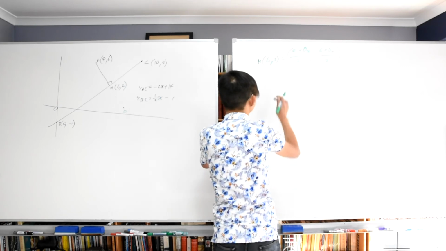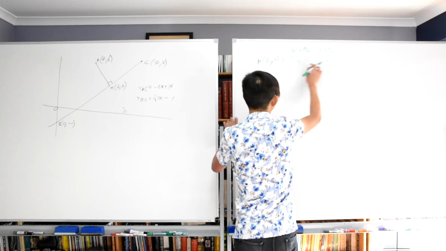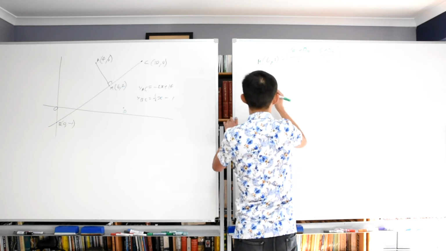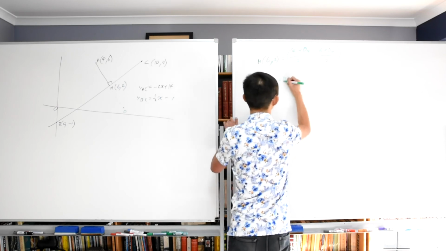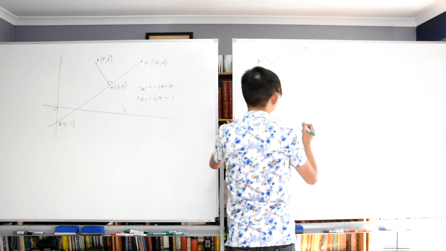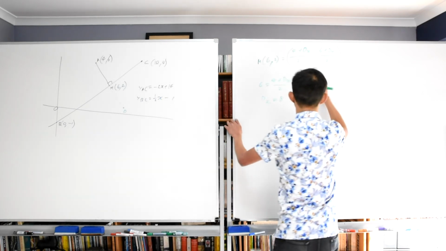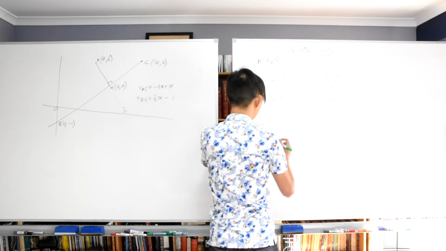Equating each coordinate, 6 must be equal to (4 plus Dx) over 2, and 2 must be equal to (6 plus Dy) over 2. Solving just the x-coordinates first. Solving for the y-coordinates. Hence the point D must be given by